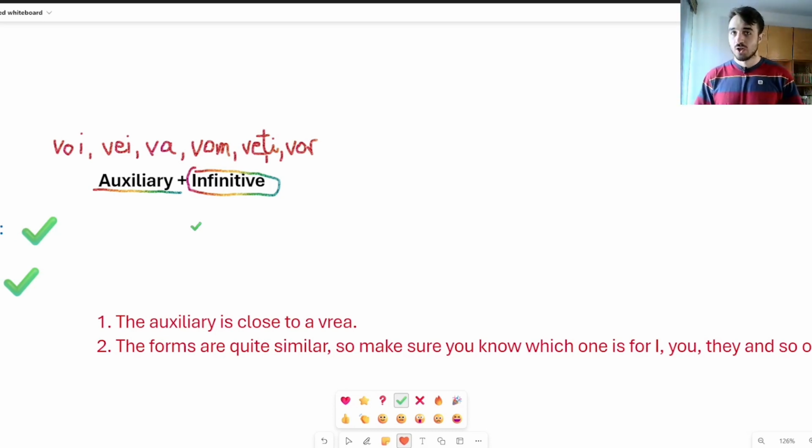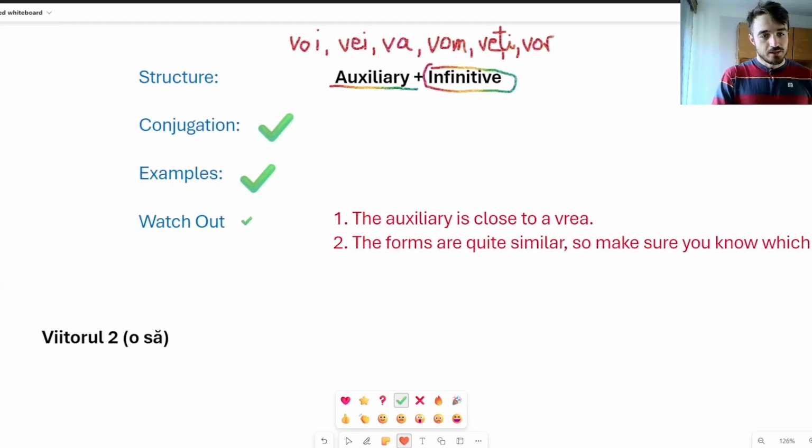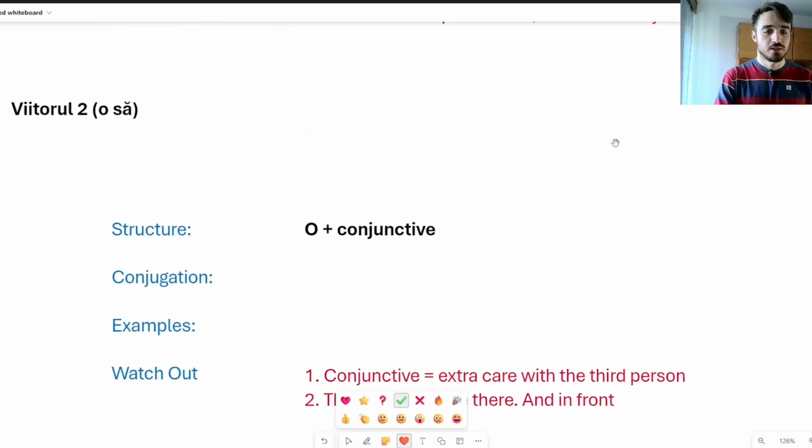Now, the reason I say this is for you to be extra aware with the auxiliaries. That's where all the future tense can be spotted, in the auxiliary up here: voi, vei, va, vom, veți, vor. That is where the speaker and the listener know and understand exactly who you're talking about. So we can note this down with a tick and we can move on to the future 2, Viitorul simplu 2,